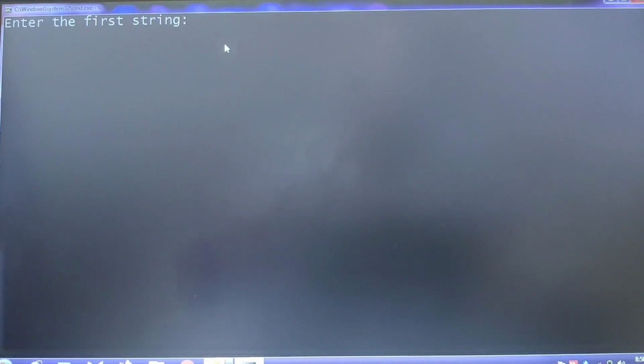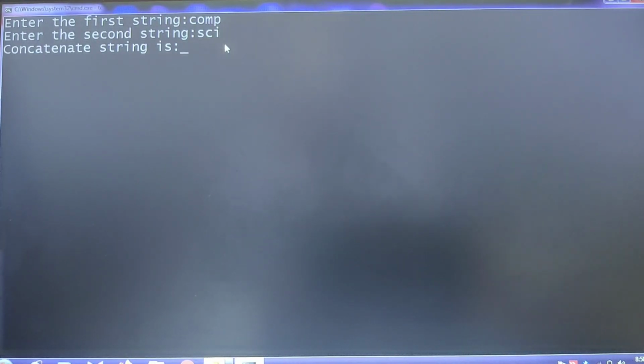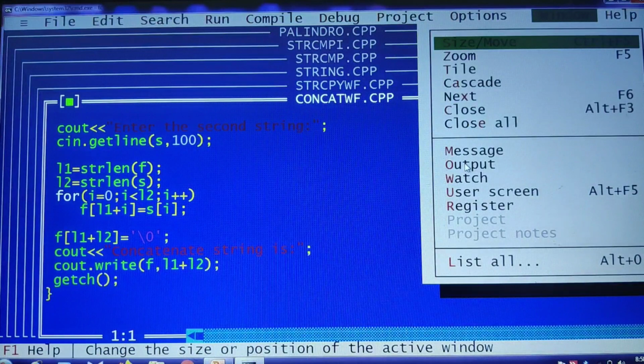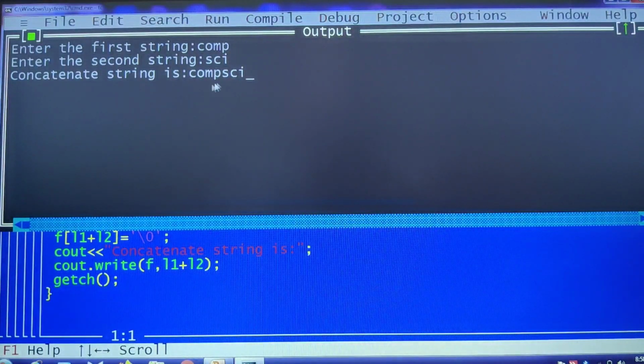We shall give a different input here as computer as the first string, and then science as the second string. When I press enter here, go to the window and watch your output. I'm getting a concatenated string as computer science.